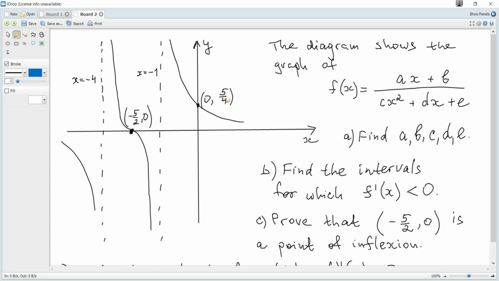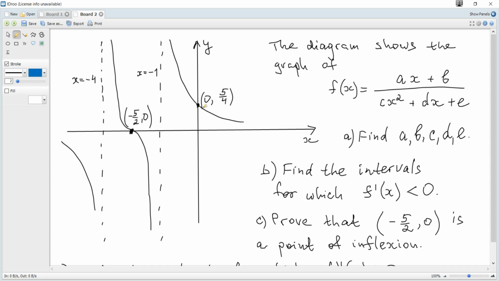The diagram shows the graph of f of x. Find the unknown coefficients a, b, c, d, and e. So we can see that it is given 2 points and 2 vertical asymptotes. Let's use given information to make some equations, and then we'll just solve the obtained equations to find the unknown